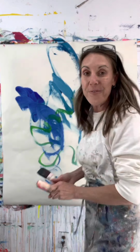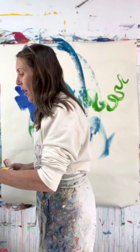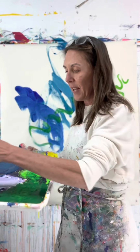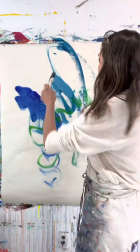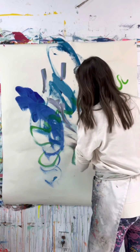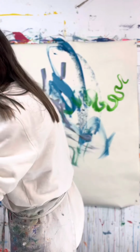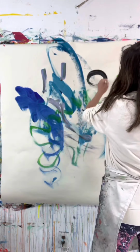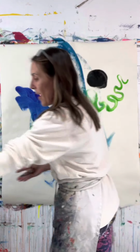I am having fun, right? That's part of what this beginning process is all about: having fun. Now I'm going to take my brush and dip it into another color. This color's kind of mixed in with some other colors, but I don't really care. And I'm going to make some other marks. I can do it again with a dark. Ooh, the lusciousness and the beauty